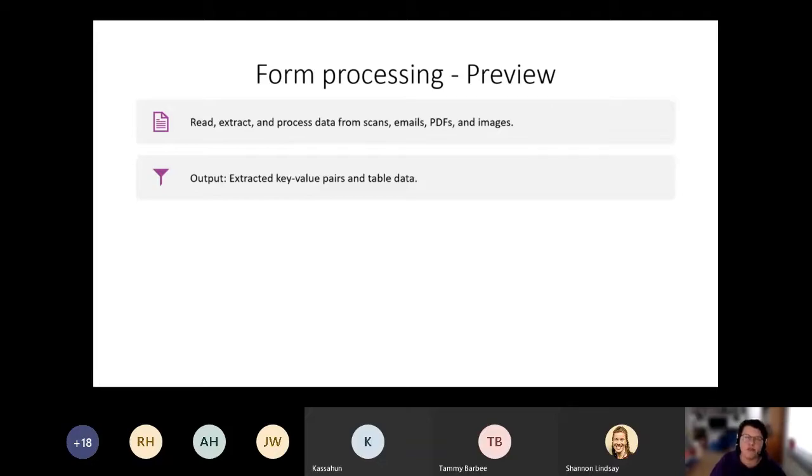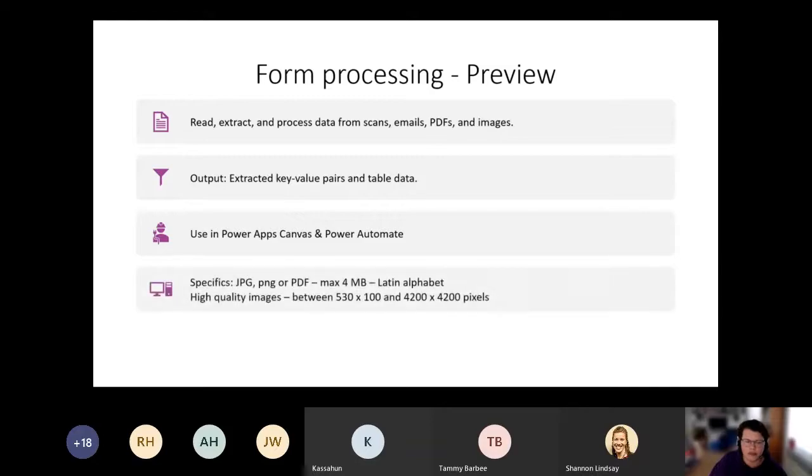So, for example, if you have an invoice that you want to process with this model, the address or the invoice number, that would then be a key, and then the value would be the actual invoice number, or for example the line items. You can use it in Power Apps, Canvas apps, and Power Automate.